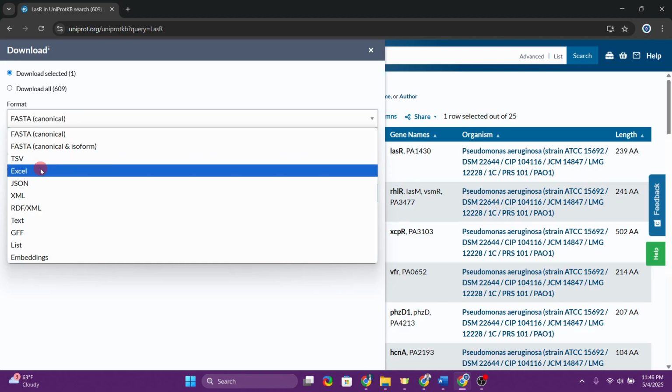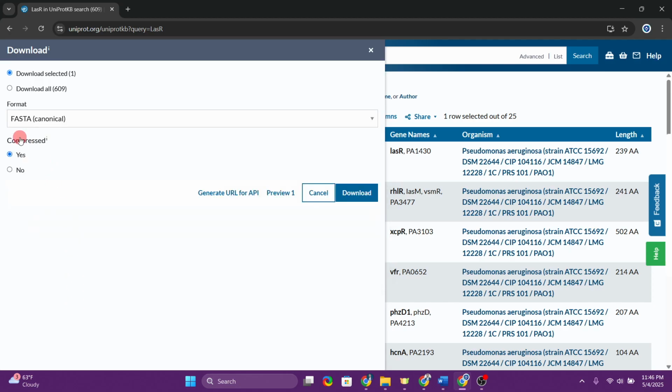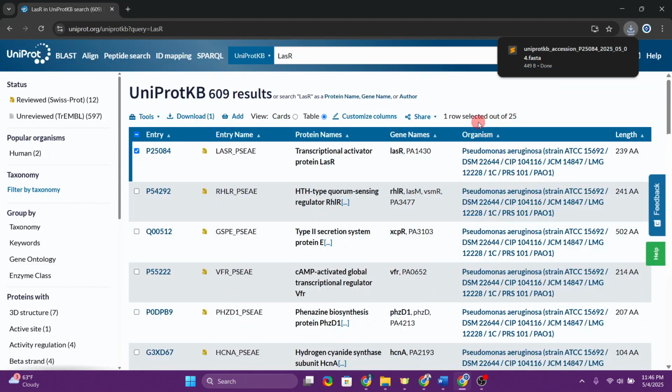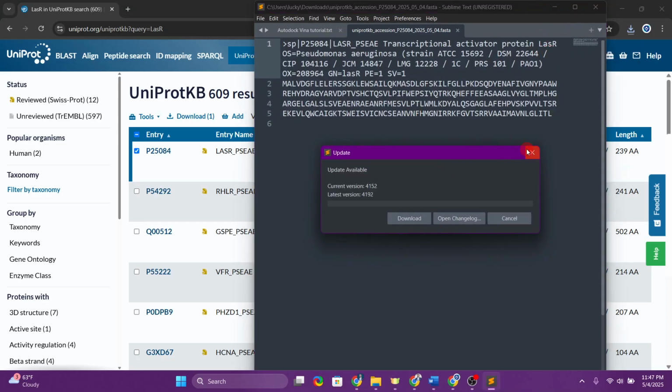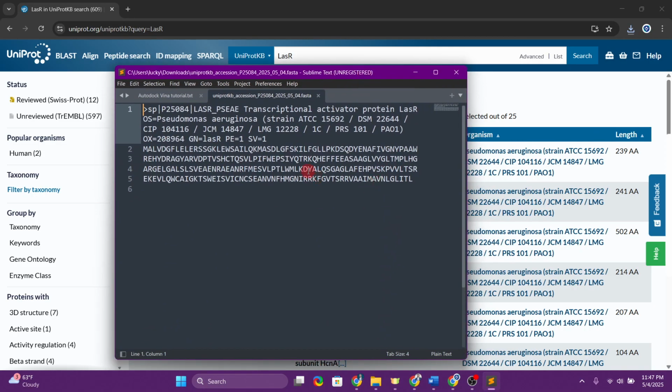You can download in Excel, JSON. There are so many other options over here. If you want to compress, if you don't want to compress, that is also available. You click on download, and immediately you'll see the download will happen. And then you click on that, and you will see that the protein FASTA file is downloaded, and you can